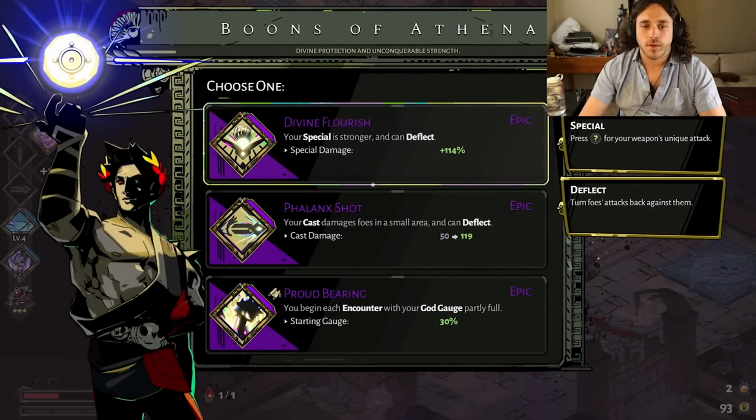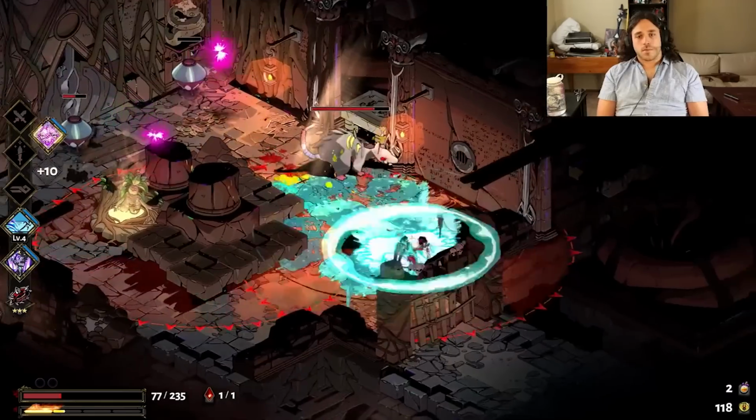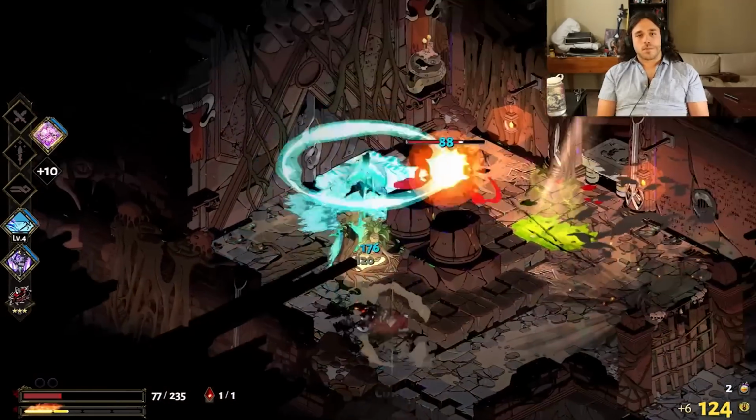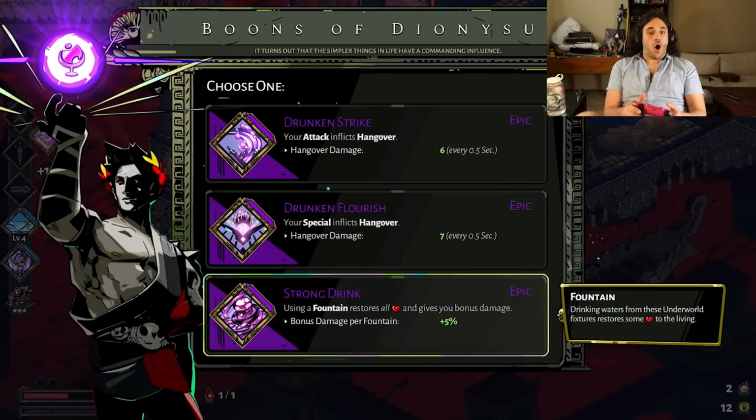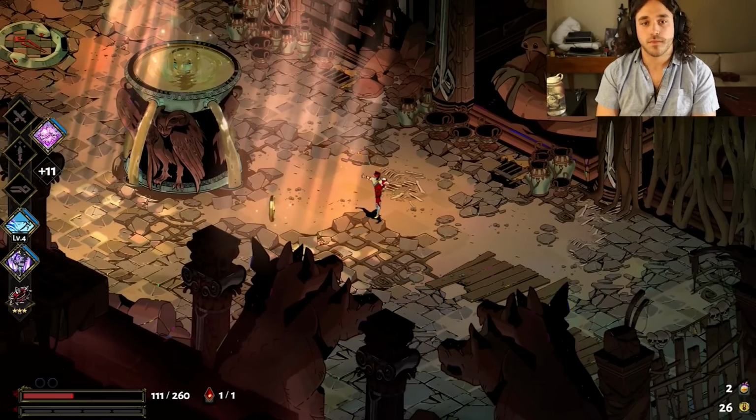From here, we get an Athena boon. Nothing good. Poseidon makes these small rooms an absolute joke. We just demolish through everything. We buy strong drink from Dionysus just in time so that when we get to that last room, we get